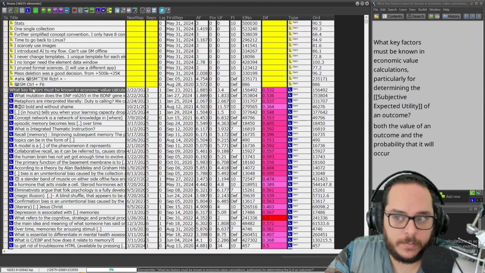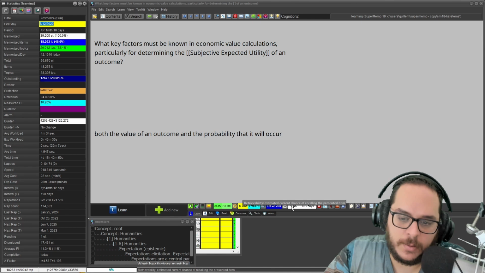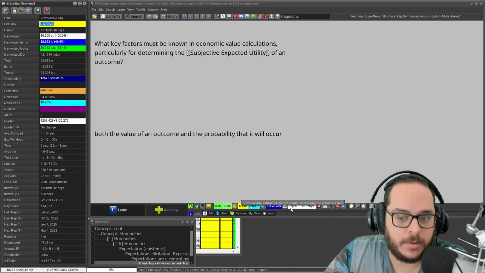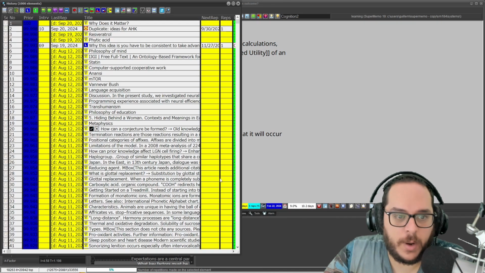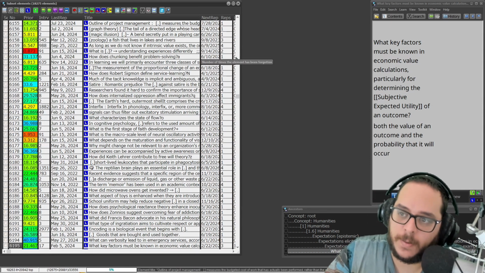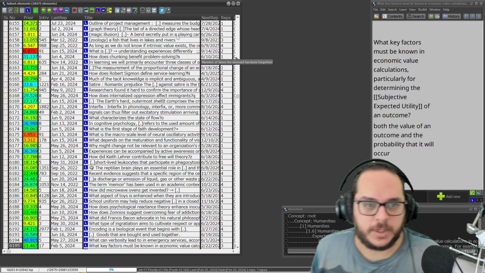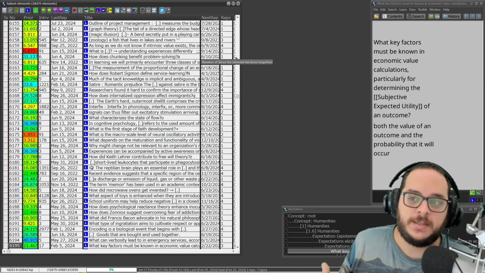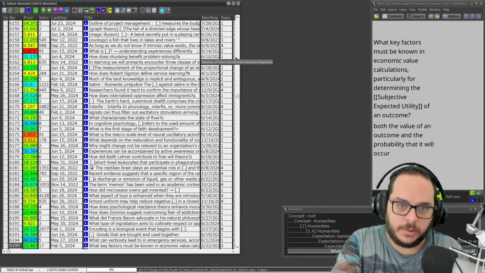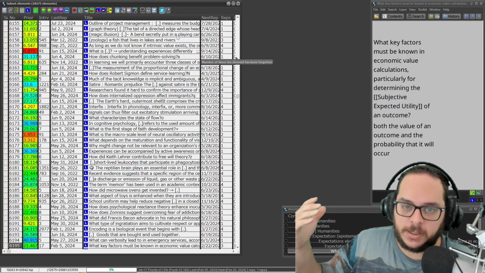But if I click this one, what key factors must be known, okay, so it's this. The retrievability is just 9%. It's the lowest. So even though I cannot see it in the browser where I am, I can still sort by it. So I can say, hey, I have been on vacation for some weeks. Let me start with what is the weakest already, so what is more prone to be forgotten. And if I need to wait for something that is outstanding, and it will be outstanding for one extra month,